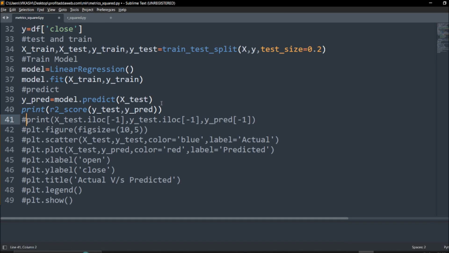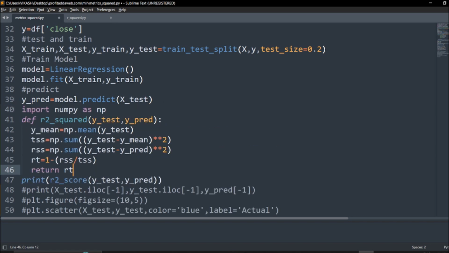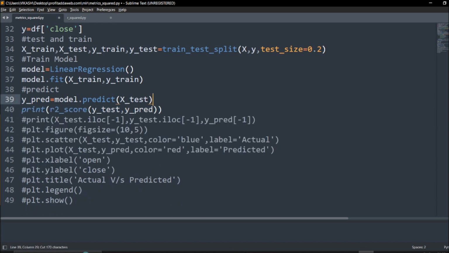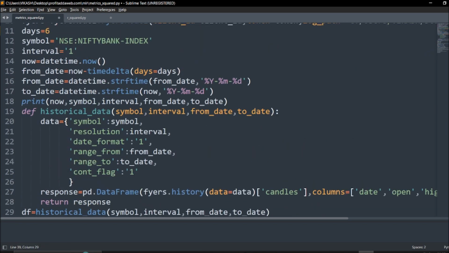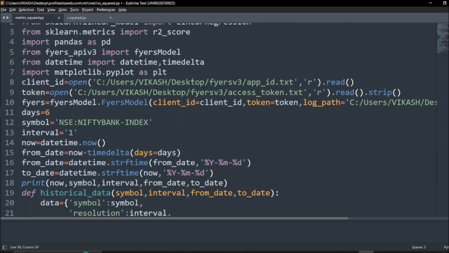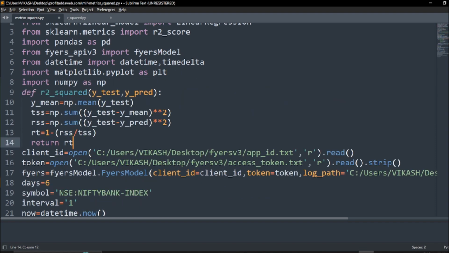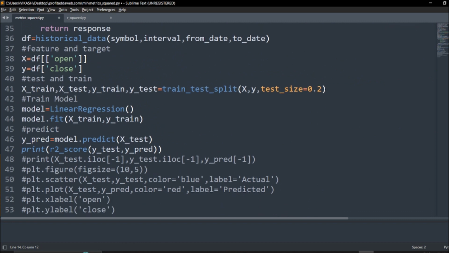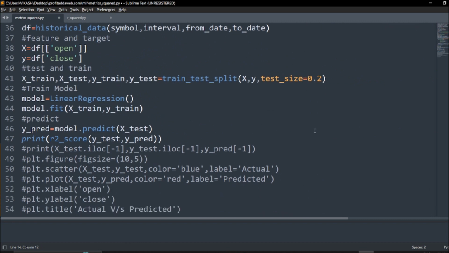Code here. Okay, so I will take up the main value. Here I will define and import the module. Okay, so it is in the line. And before getting to this